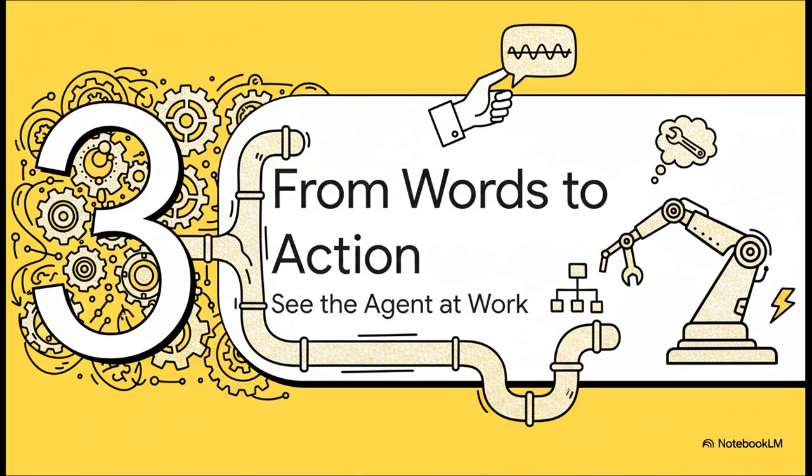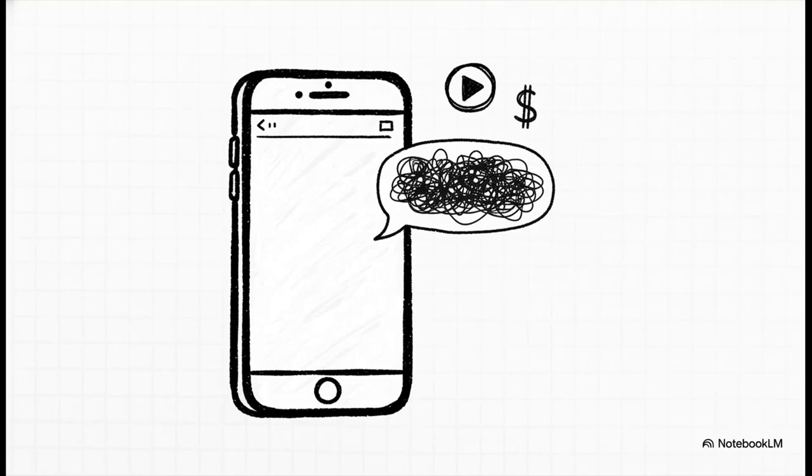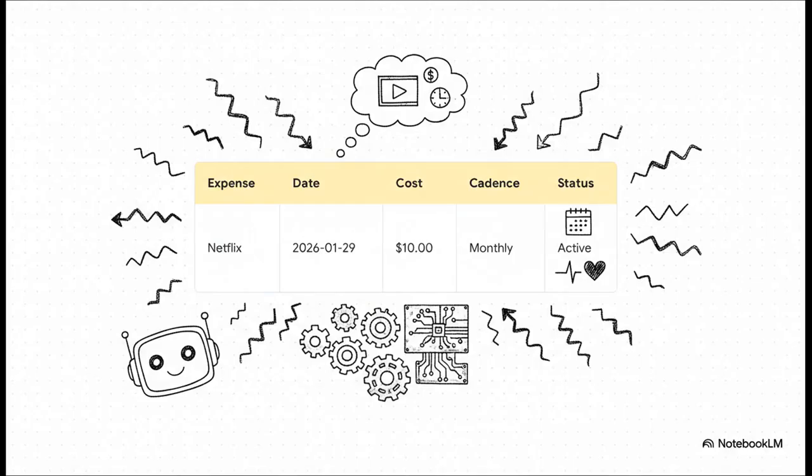Okay, all the pieces are in place. We've got the brain, we've got the tools, and we've got the brainstem connecting them. Now, it's time for the payoff. Let's give our new agent a really simple command and watch it do its thing. So this is our input. Just look at how casual this is. It's totally unstructured, it's conversational, you don't have to fill out some annoying form or populate a bunch of fields. Nope, it's just plain English, exactly how you text a friend. And bam,